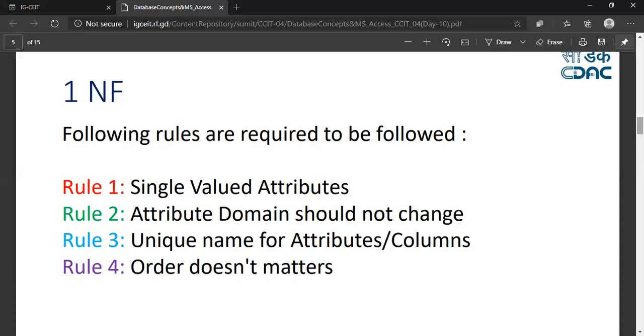The domain should be fixed and you should not change the domain of the column. Unique name, every column should have a unique name. Fourth one, order doesn't matter. If you sort or store data in any order, it will not affect your table or your database. If it's affecting, it means the database is not consistent, right?